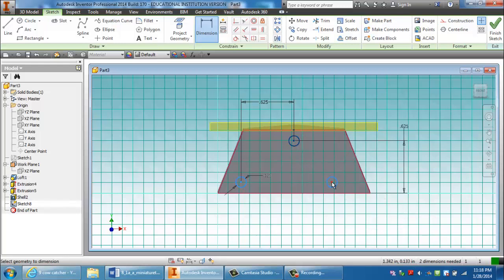Now the other circle should be 1.25, and from the circle to the bottom should be 0.125. Alright, so this is fully constrained. I will finish the sketch.